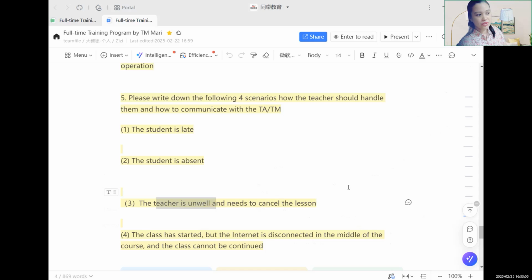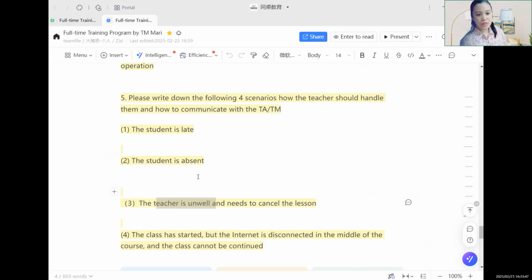So you don't say, I'm sorry, I have something like a personal matter that I need to attend to. Don't say something general. You have to make sure that your TA, TM, and students will understand why you are canceling the class. If you say something general, how will everyone understand you if you say some personal urgent matter happened to you? You have to be specific what happened so that we can understand what really happened to you. That's why you need to cancel the class.